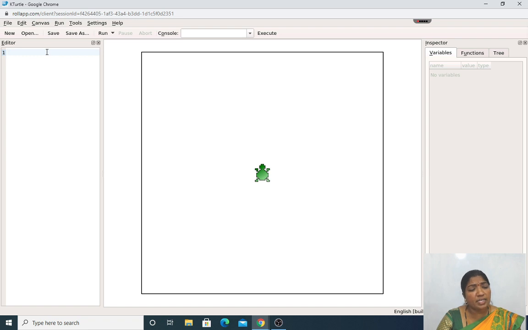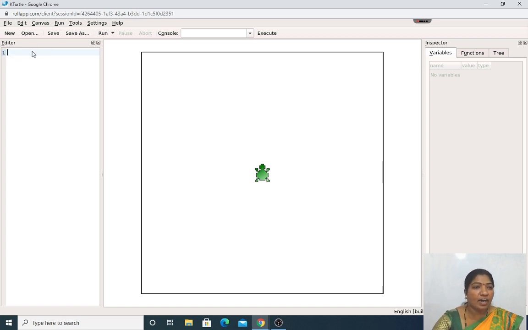Remember, my dear students, the canvas color command allows us to change the color of the canvas to any color of our choice. The default canvas color is white. Okay. The pen color will be black. By specifying new RGB values, we can change the color of the canvas to any color we like.